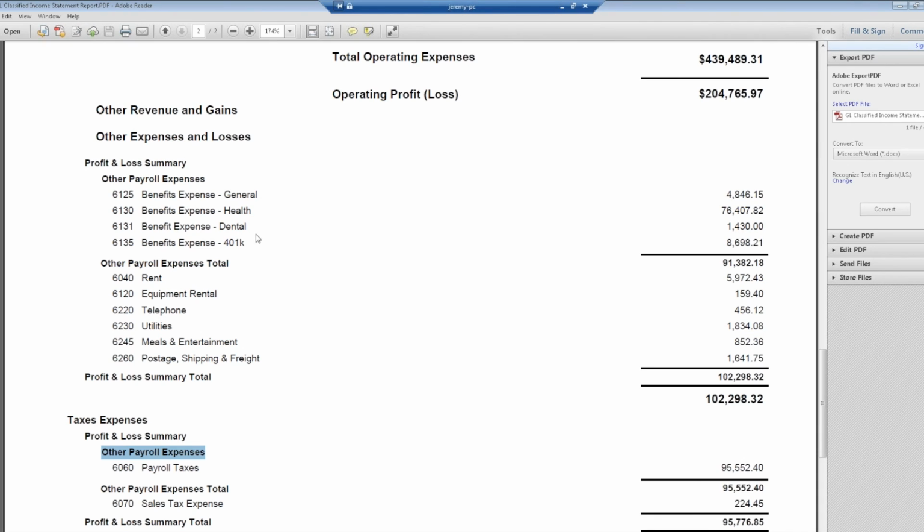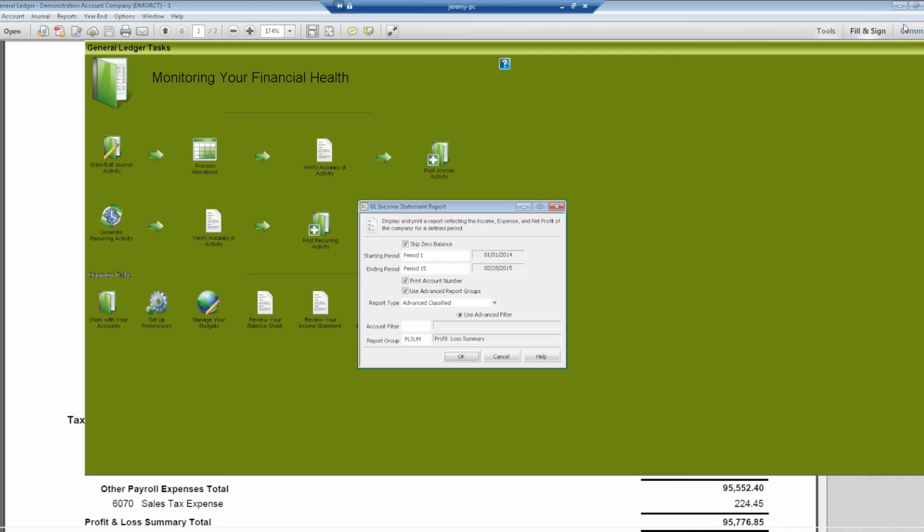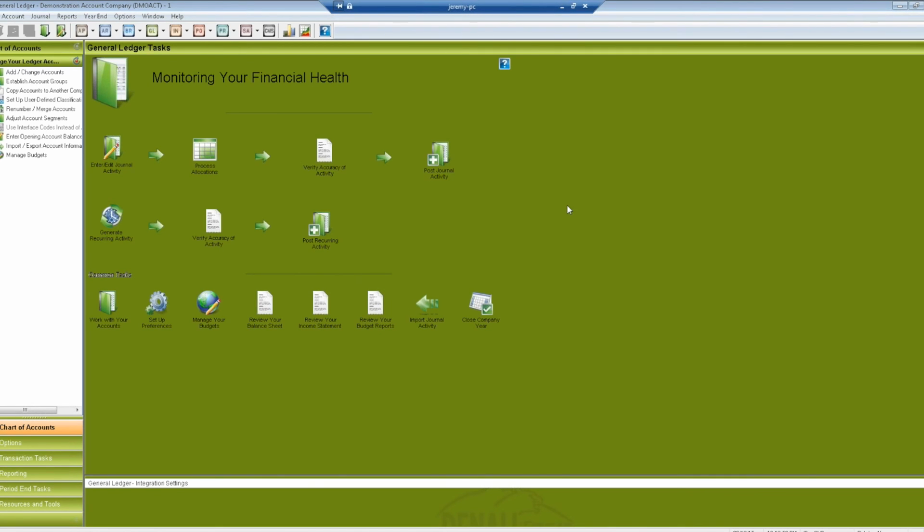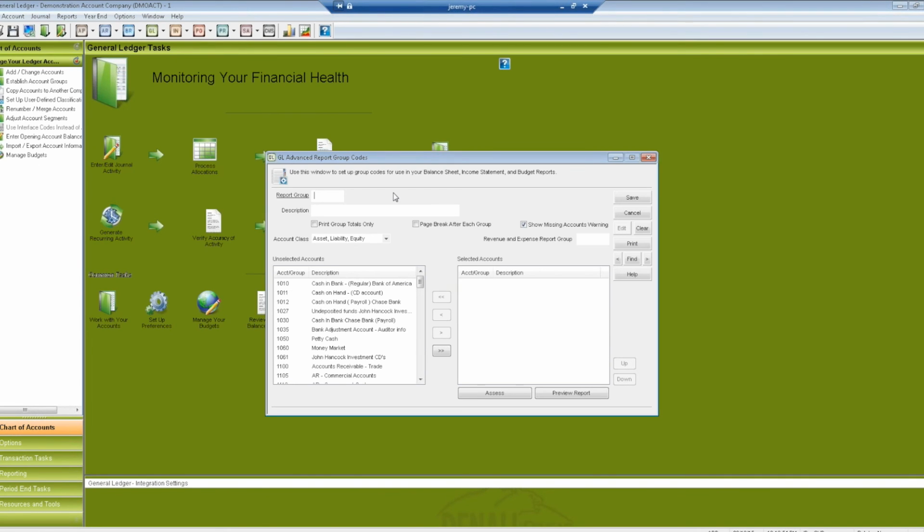And I know everybody's probably looking at this saying, well, wait a minute, it's still listing each account individually on the report. And that is because you have that option. When you create those groups, you can say, I want to group the accounts together but still list them separately on the report. So it groups them all together in one total, but it gives each account listed separately as well. Or maybe you don't want that. Maybe the goal is to do what we were talking about and group the accounts as one line item on the report,